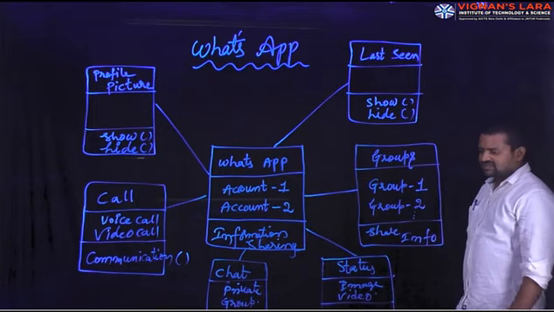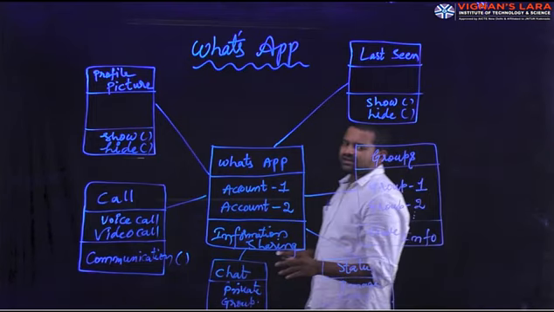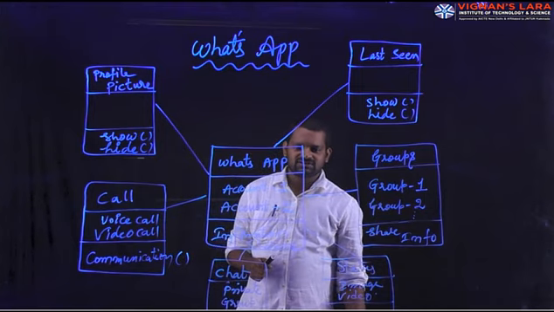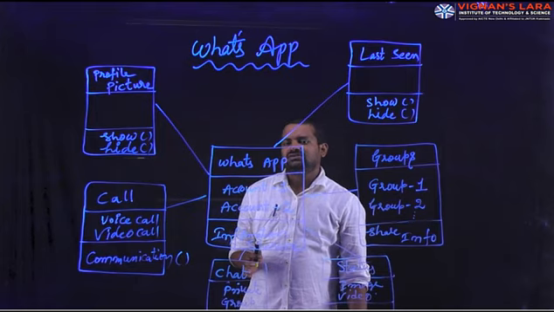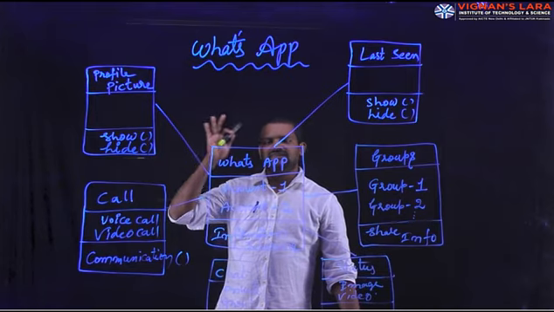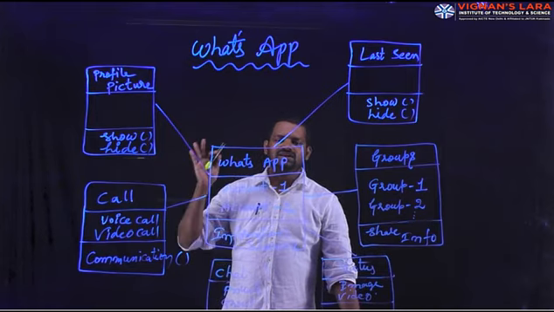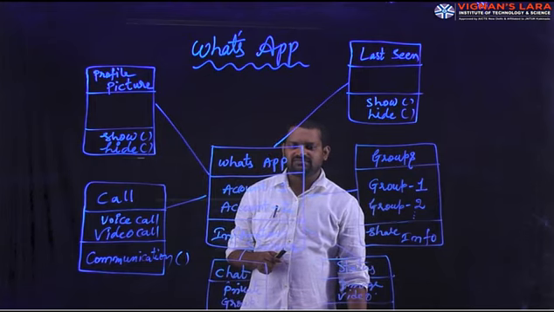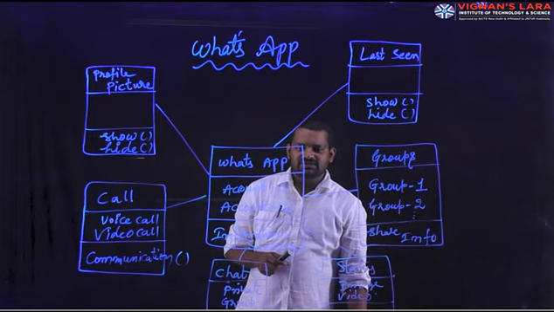So let me see another class diagram, the library management system. To see the library management system, we have to observe how many classes are available and how the library management system will be shown. Let us see. Okay, so library management system.